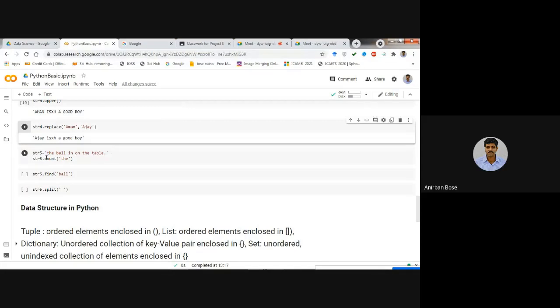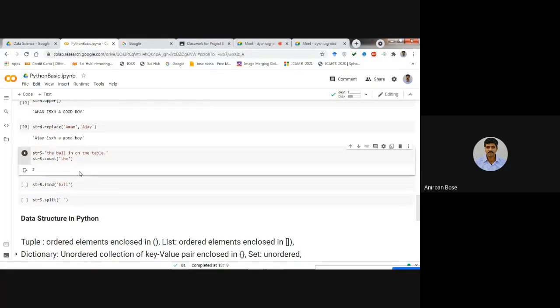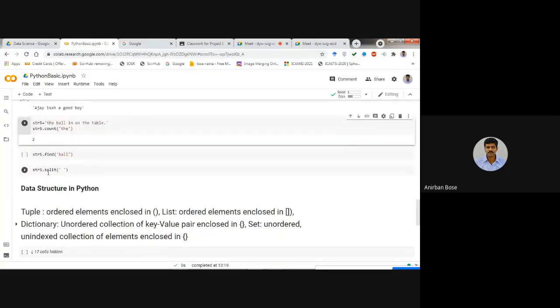So within triple quotes you put that paragraph and assign it to a variable, and then you just use this dot count method and write "the", if you want to find this "the", then it will give you how many times this "the" is there within that string. So here you can see in this particular sentence "the" is there twice. If you execute this one, you see that it returned the value 2.